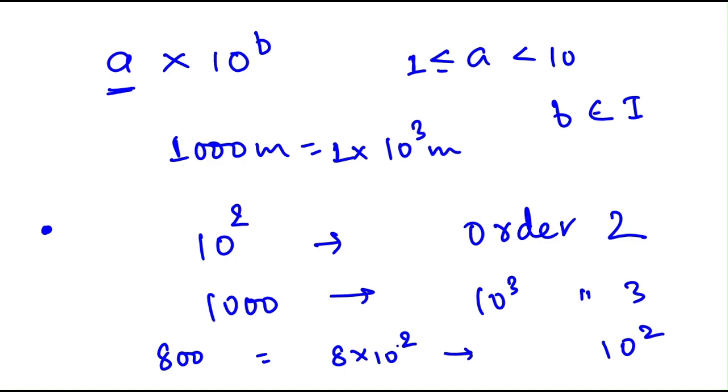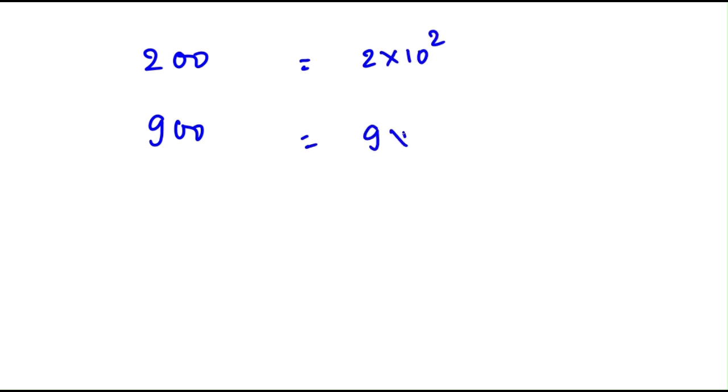We can do one thing here. We have to take care of this value also while reporting order only. Okay, so why should we take care? Because let's say there is one value 200 also, and there is another value 900 also. This you can write 2 into 10 to the power 2, and this you can write 9 into 10 to the power 2. So we have a general convention here that if this value is